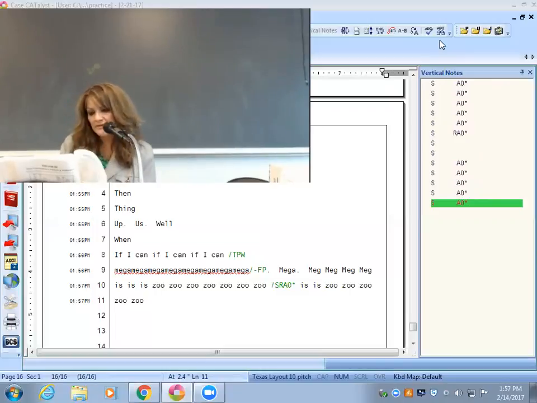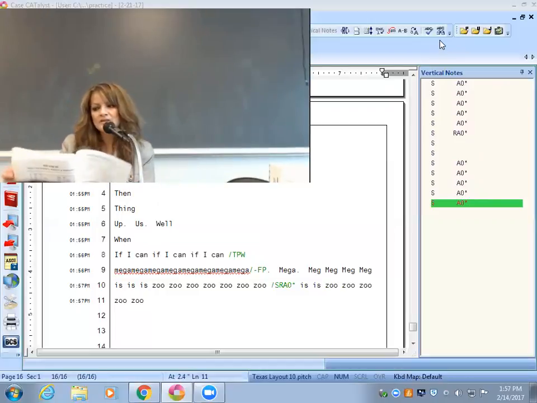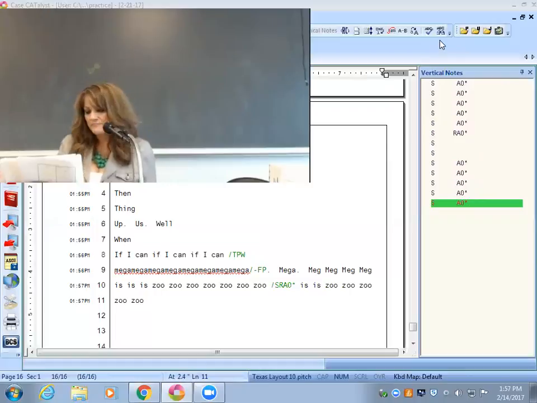Okay. And then we're going to cover lesson 12. So lesson 12 is very important, you all. This has to do with the vowel usage. Okay. So make sure you open your books to page 53. A lot of students have a hard time with this lesson. It's just vowels, and they're very important because we use vowels every day. So open your books to page 53, lesson 12, so we can cover that.